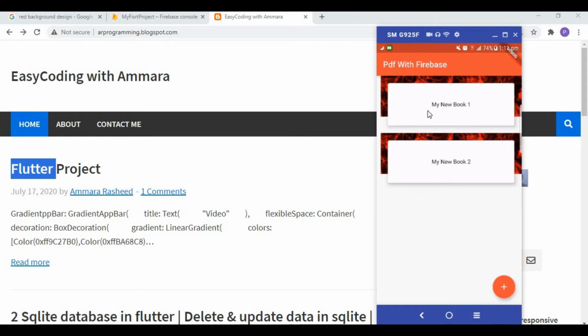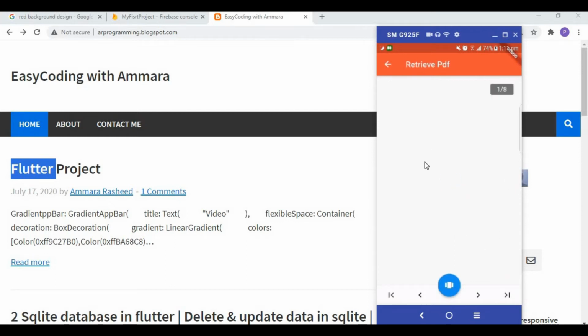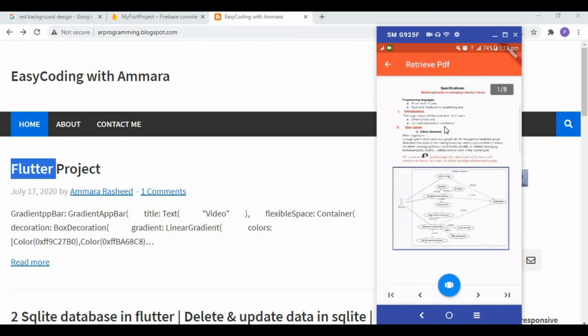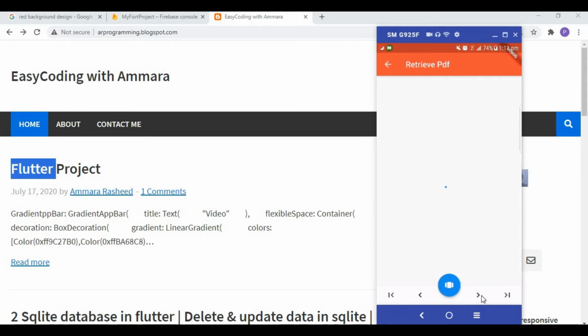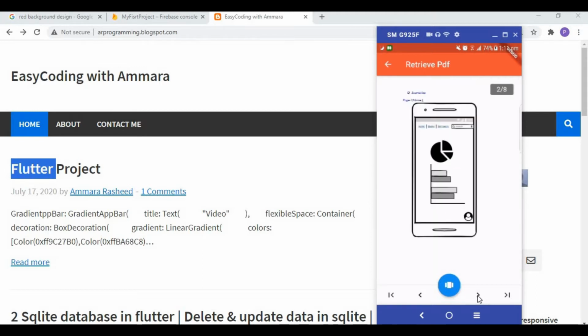And after that, if you want to watch some PDF, you have to click inside the recycler view and you will see this type of loading, and after that the PDF is loading. Okay, so if you want to watch the next page, then you have to click on next, and after that you click on this arrow which is the forward arrow,